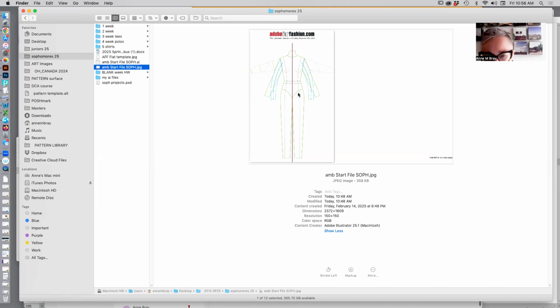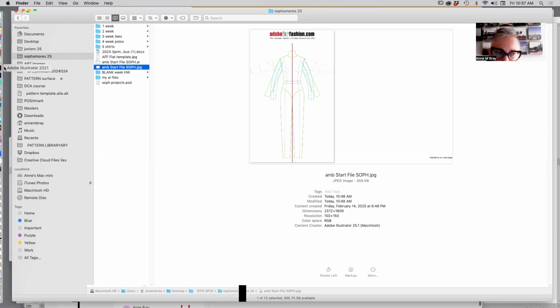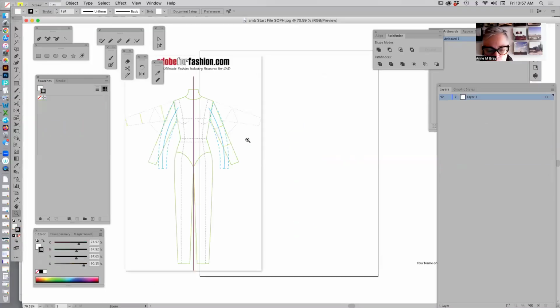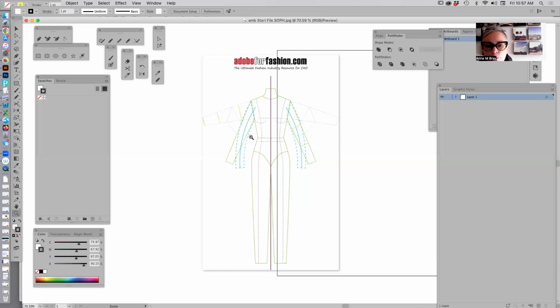So first of all, if you're having problems embedding and you get the mystery message about cannot find such and such file, here is how I bring JPEGs or PNGs or whatever photos into Illustrator. And it's pretty simple. So I find the file, I drag it to the icon of Illustrator in the dock. It will open a new